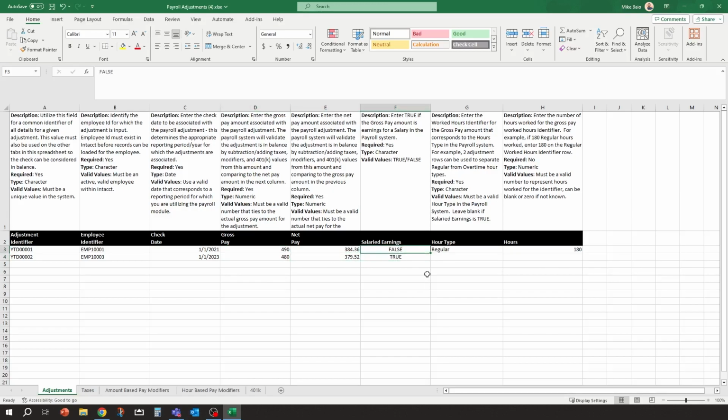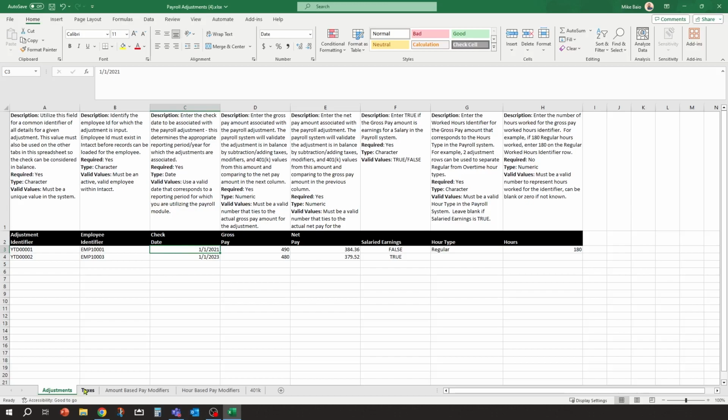Is it salary earnings? This line here is salary, auto salary, so I don't need to fill anything in over here. If it's an hourly employee and you need to adjust hour types, maybe they were coded to just the wrong hour type, it should have gone to hourly, not regular. We have two different IDs for it. It's the same rates and all that stuff, but you can do an in and out here, minus 180 and a positive 180. So you can do these types of adjustments all right here. And that might be all you need. You aren't required to fill the rest of this out. It might just be an adjustment to move around hours or put in some earnings, and you just make the adjustments on that screen right there.